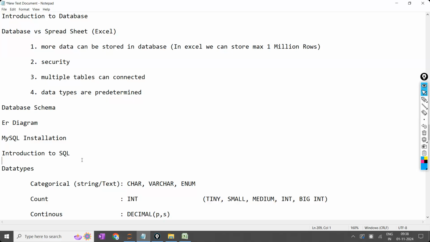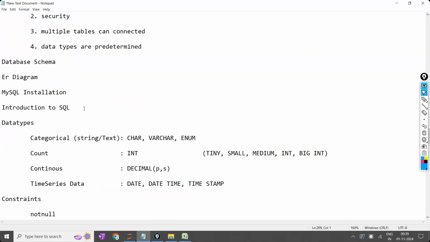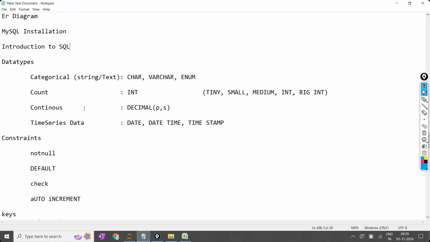When something is stored in the locker, similarly some data is stored in the database. So we should know how to access the data. Then we can communicate with it. If you don't know how to open the locker, then even though more valuable things are inside the locker, you can't do anything. You should know how to access them. So the SQL introduction: SQL is used to communicate with the database. It is a language to communicate with the database.